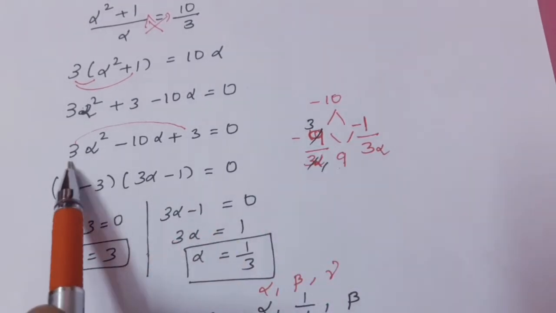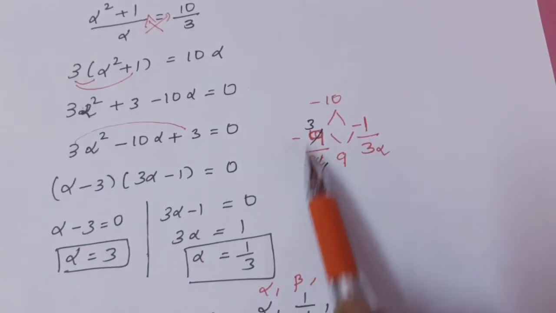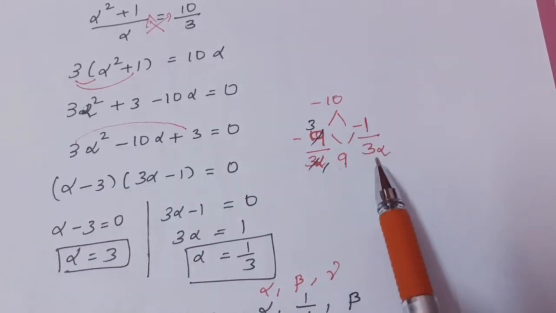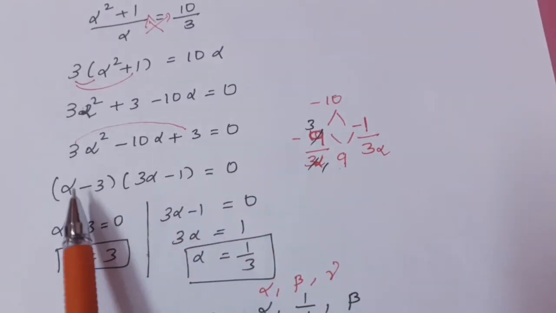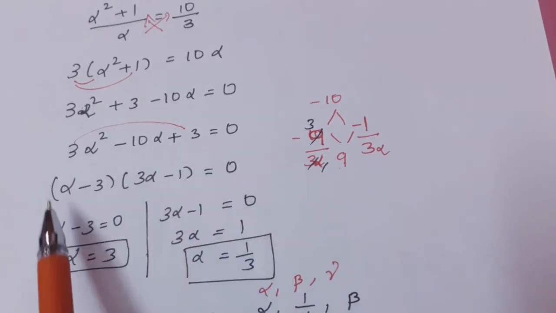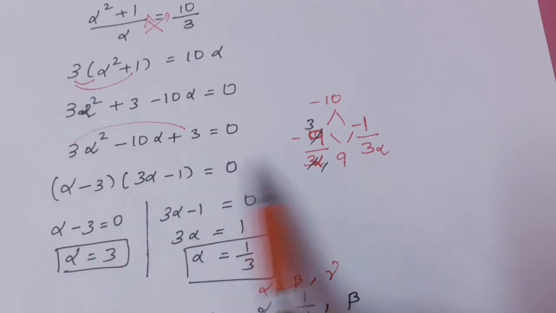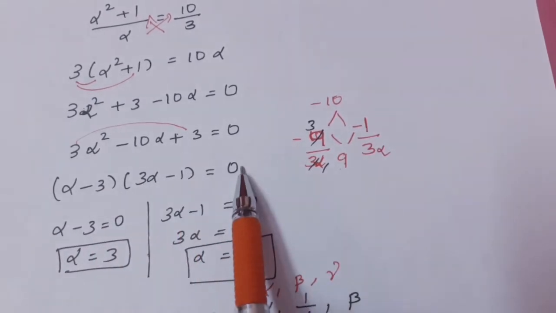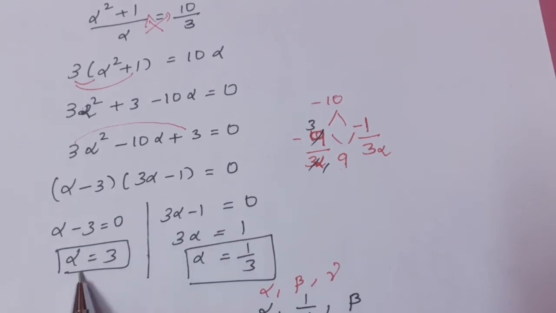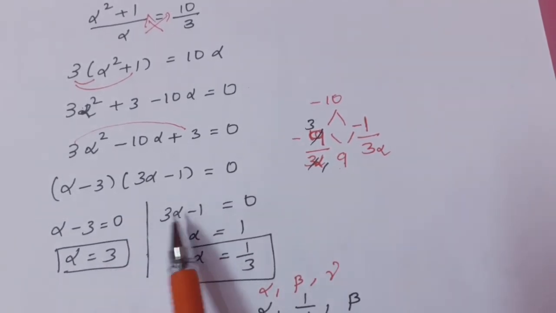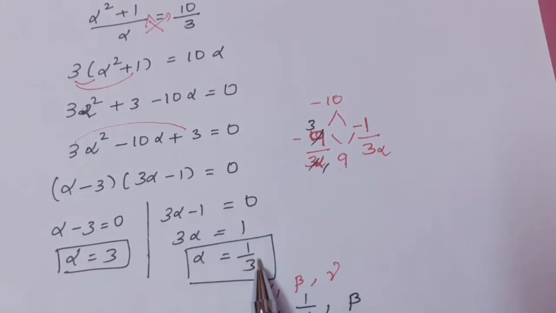What is the method you followed for your factorization? What is the first number here? Without forgetting the first number, divide by 3. 3 alpha, 1 three is 3, 3 threes are 9. Here we are unable to cancel, so how to rewrite this? Alpha minus 3, alpha minus 3 with factorization. This quadratic equation is converted into a linear equation: alpha minus 3 into 3 alpha minus 1. Now alpha minus 3 equal to 0 implies alpha equal to plus 3. Again 3 alpha minus 1 equal to 0, 3 alpha equal to 1, alpha equal to 1 by 3.